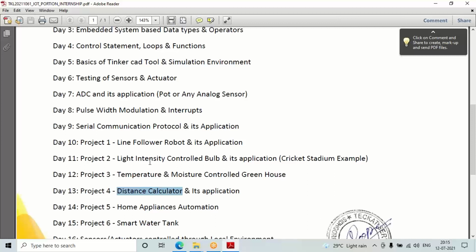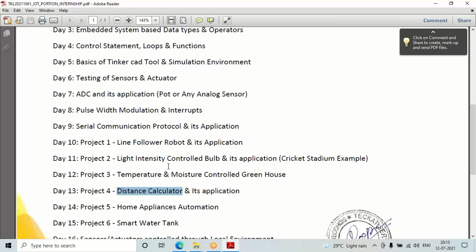Okay, so we'll see which sensors are used here, which output devices are used here. We'll also see how they are connected with the microcontroller, and we will also see the connections of that, and we'll try to understand even the coding part, how the data coming from those sensors gets processed by our program, and the results are shown. Okay, so let's get started, guys.